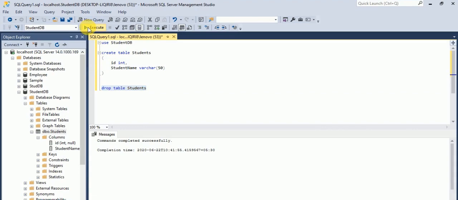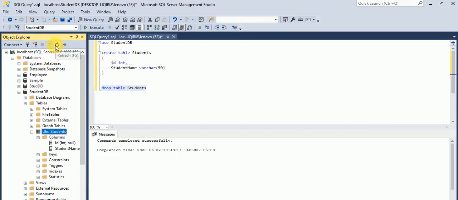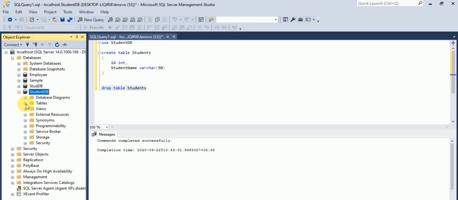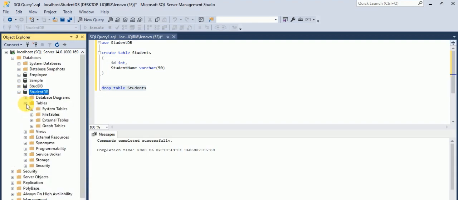Now this table will be permanently deleted from my student database. Go and refresh the database, and expand the tables. Now you can't see the student table, so it has been dropped.